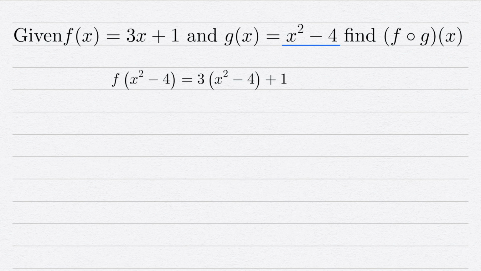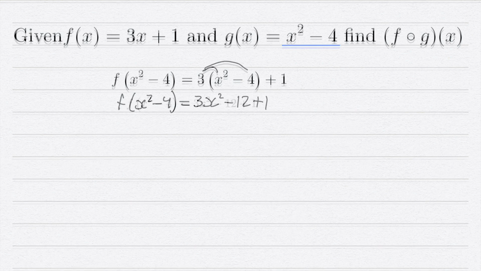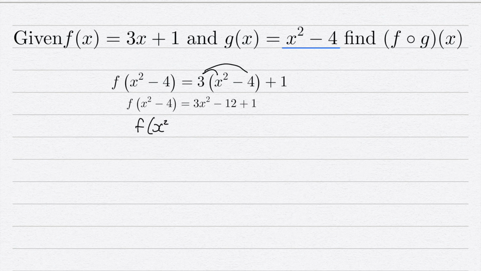Now, we can start to simplify it. We can distribute the 3 here. We get 3 times x squared minus 12 plus 1. f of x squared minus 4. We can combine like terms, which in this case is negative 12 plus 1. So we'd get 3x squared minus 11. Finally, we want to go back and rewrite it in the form of the original question, which says that f composite g of x would equal